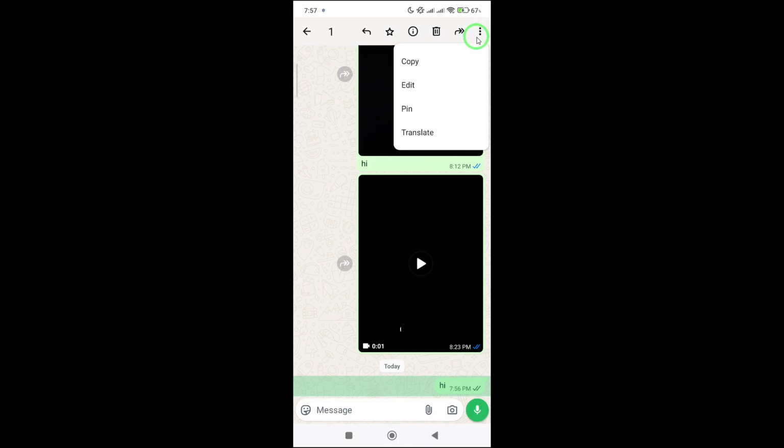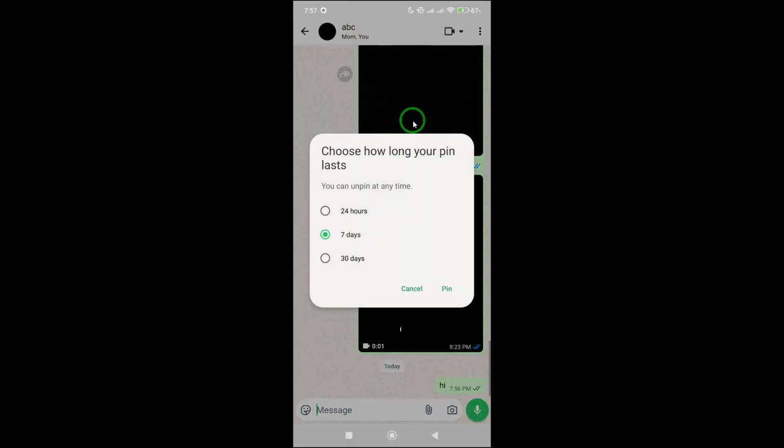Once you tap Pin, WhatsApp will give you a few time options for how long you want the message to stay pinned. You might see options like 24 hours, 7 days, or 30 days. Choose the one that fits your need best by simply tapping on it. WhatsApp will confirm your choice, and just like that, the message will appear pinned at the top of your group